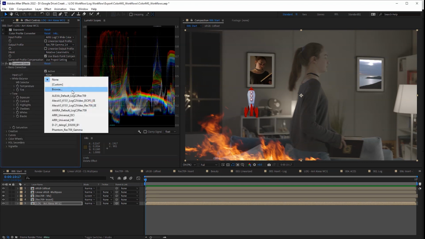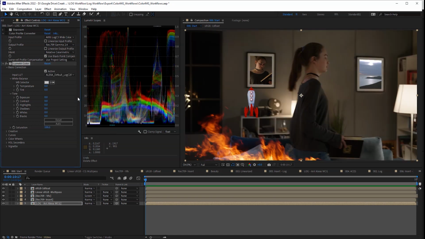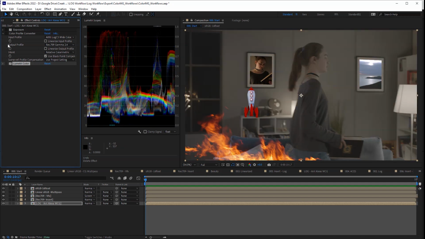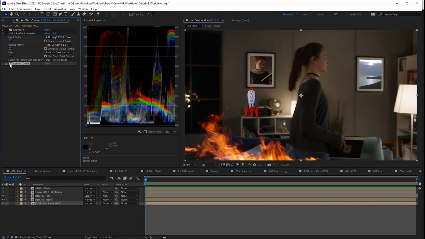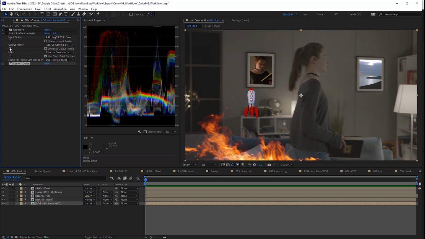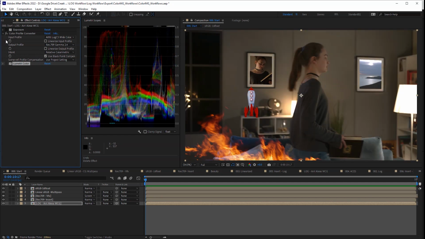You can see that you have presets here for Alexa. You can use the default, and you can see it creates kind of a roll-off in the highlights. So it's also converting from Alexa to Rec 709, but also applies kind of this look, a curve, to get those nice highlights back and not overexpose them. So you can decide which method you prefer to use, either going neutral to Rec 709 and applying color adjustments,